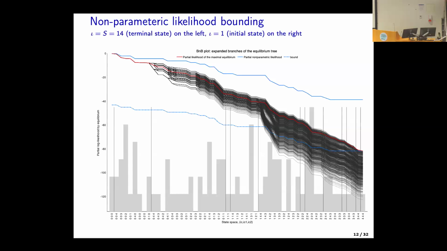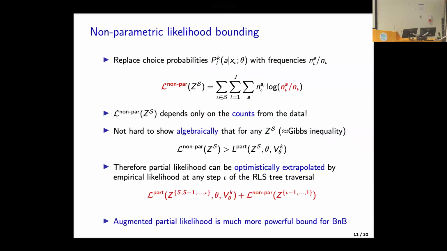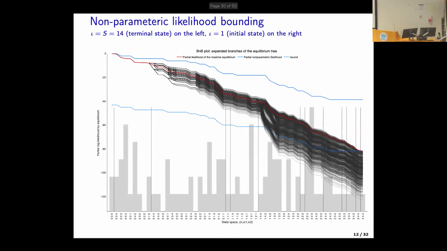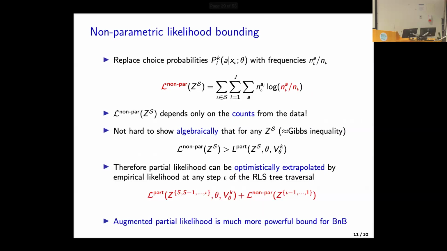So like this blue line is just pre-computed. I mean, it only depends on the counts. And so you essentially pre-compute it for the rest of the state space at each point. You have to calculate it for all of the partitions. So partitions here, yeah, you do, but this does not depend on the equilibrium, and that means that the tree is trivial, right? It's like one line. There is no branching for this line. It's the same for everybody.